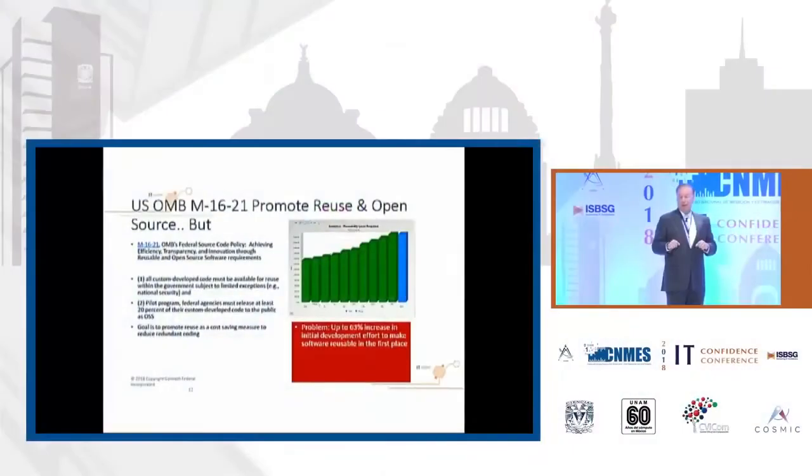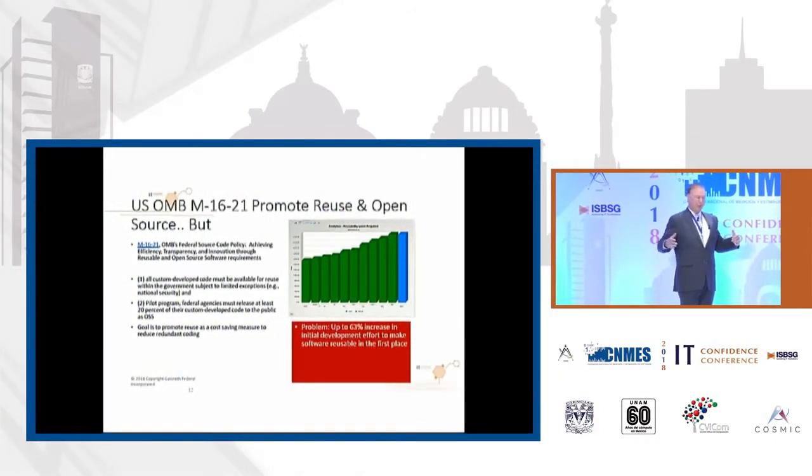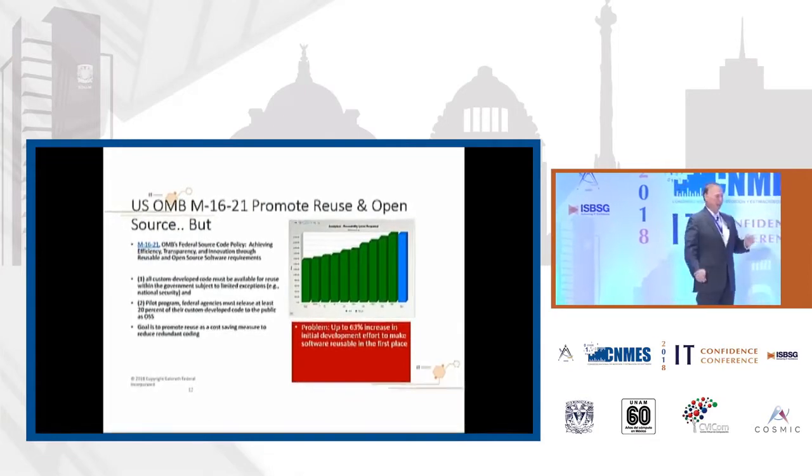If you look at the graph on the right, it shows the additional costs of ensuring that software is reusable. Generically reusable, not just reuse and it might work and it might not. And that's about 63% more cost to make sure the software is generically reusable in the first place. That came from our SEER model. So they're going to have a repository with all this stuff, open source, that other people could use, but nobody will probably use it because you don't know what it is, you don't know how well it works, you don't know if it's been tested, you don't know anything about it. So just saying it's going to be free isn't good enough.